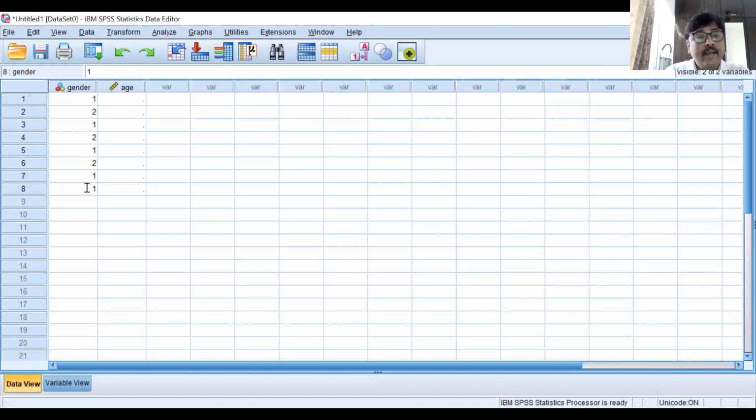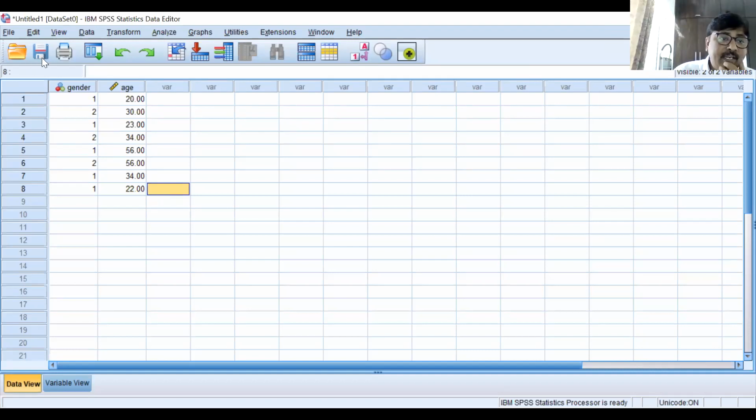And here age is, suppose, 20 years, 30, 23, 34, 56, like this. In this way you can put your data in the SPSS software in the data window,